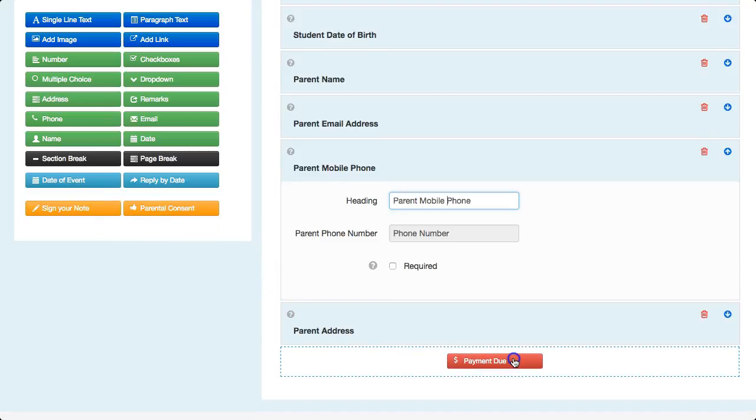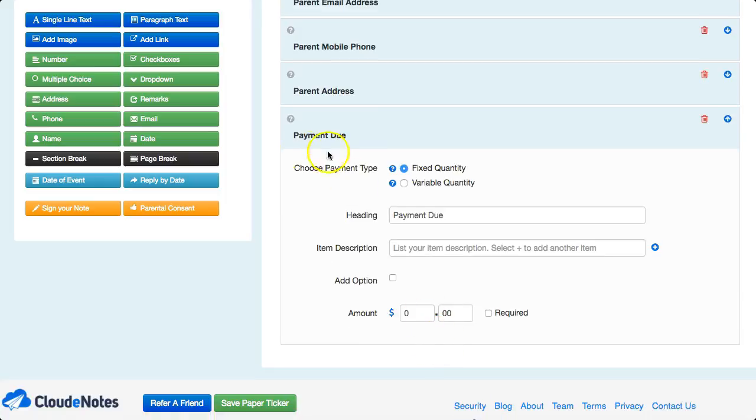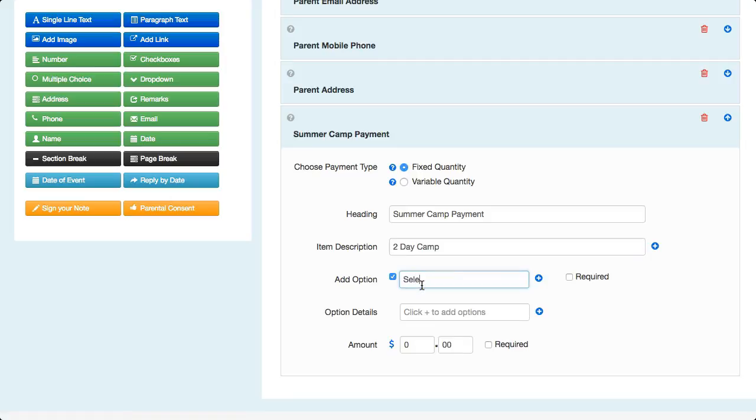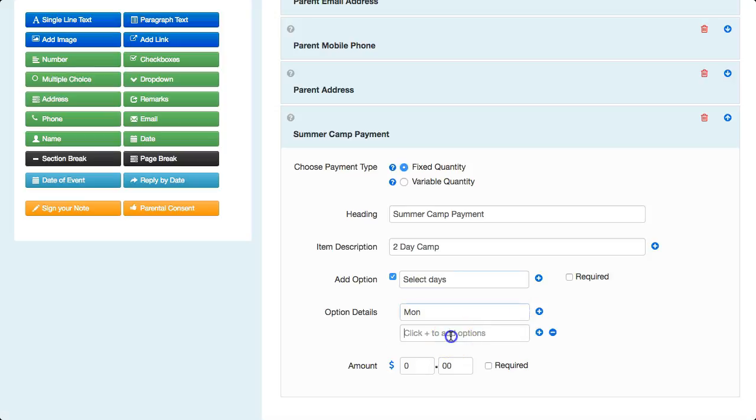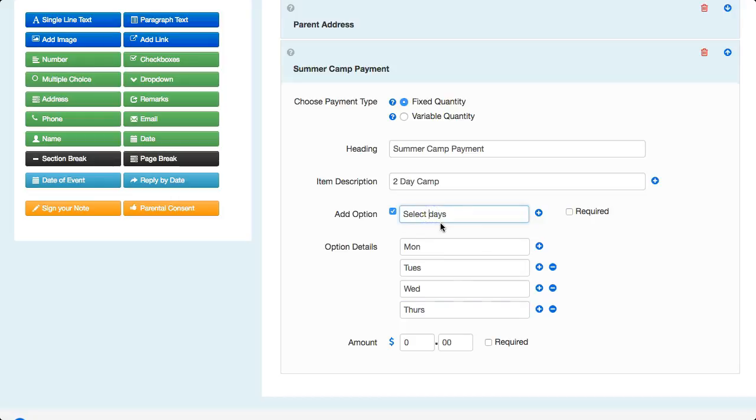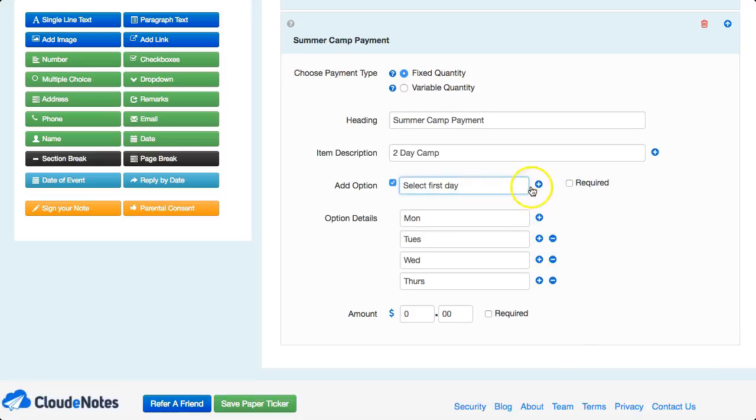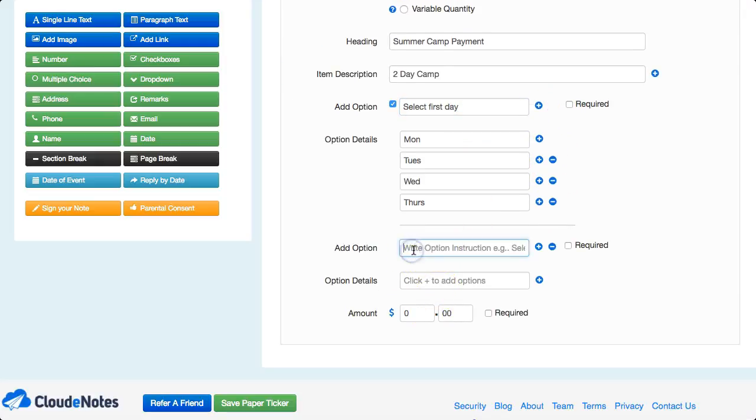So let's now add a payment due. The payment due button has also been overhauled, and you'll notice some differences when we release this. For example, you can now introduce options. Let me show you what that looks like. I'm going to introduce a 2-day camp right here, and of course what would be nice is if you could select the days that you'll attend. So we're going to introduce 4 options. Monday, Tuesday. So actually this needs to be select first day. So I want to know who's coming on Monday, Tuesday, or Wednesday or Thursday, and I'm going to introduce the